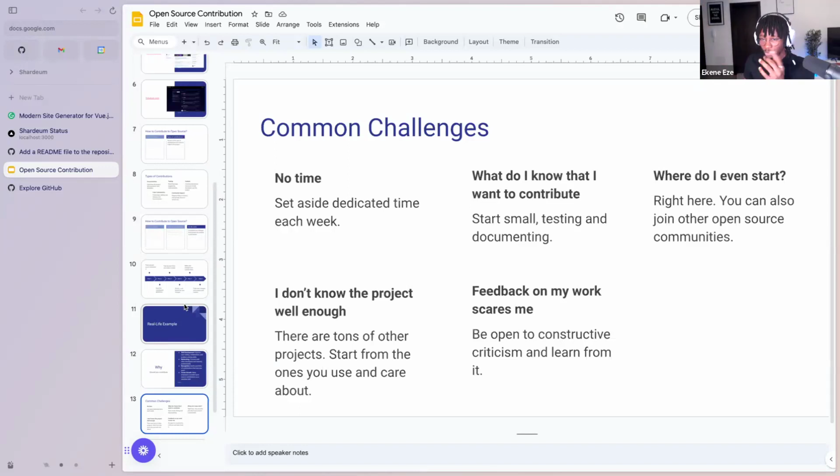Start from just opening one file. If you're a developer and you're interested in making code contributions, open one. It could be one component, like a header.js file, right? Just focus on that. Start very small. Look at how the code is structured. Try to look if there's something that you could possibly improve in any of the functions, in any of the files. You don't necessarily have to know how the whole thing works.